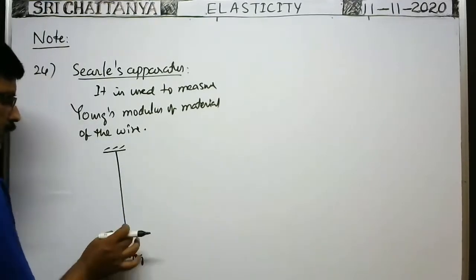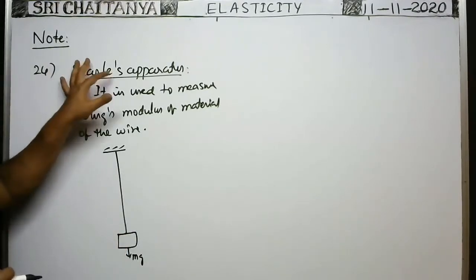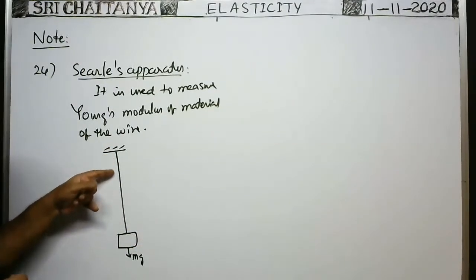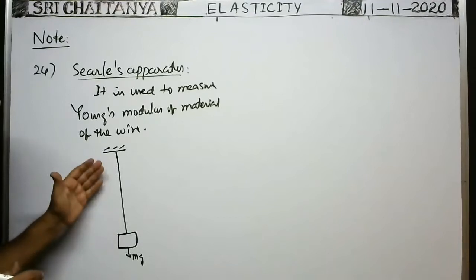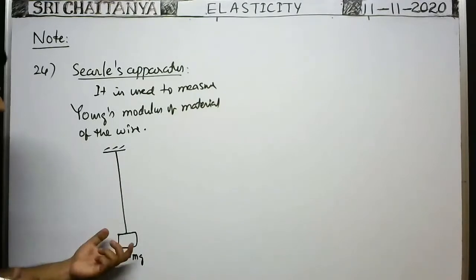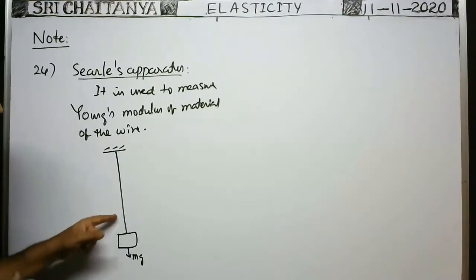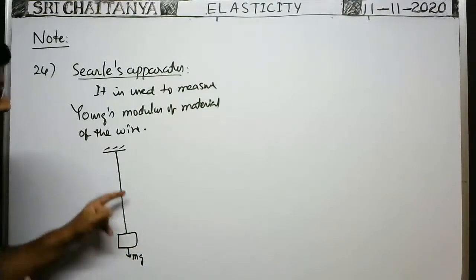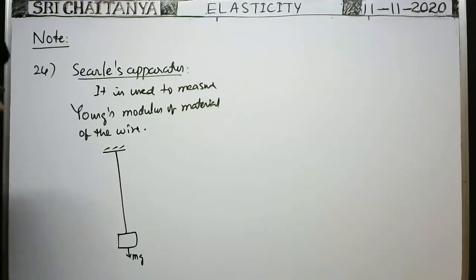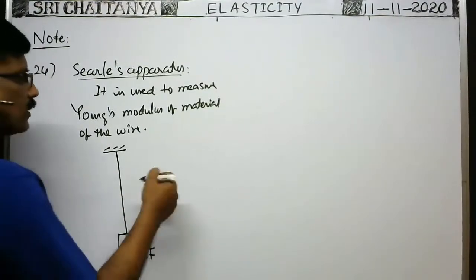Therefore, whenever this load is suspended, what is the elongation of the wire? Because in that Searle's apparatus, the load gradually increases. When no load is there, the weight of the wire is negligible, so due to its own mass there is no considerable elongation. But when load is attached here, some tension is developed in the string, and due to that extension takes place. If you increase the load, tension in the string also increases, so elongation also increases. That's why here the load only acts as the restoring force developed in the string. Due to that, what is the elongation?